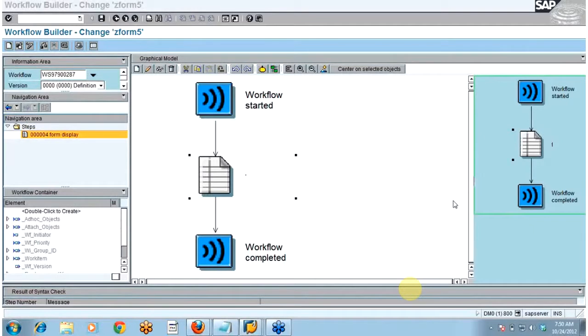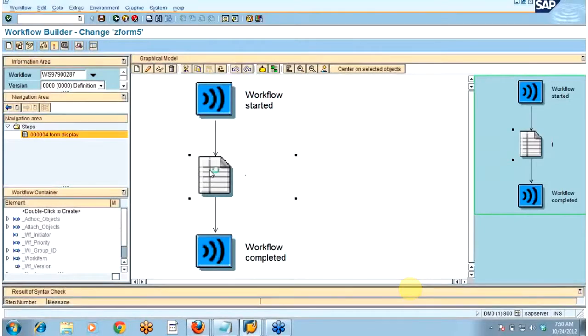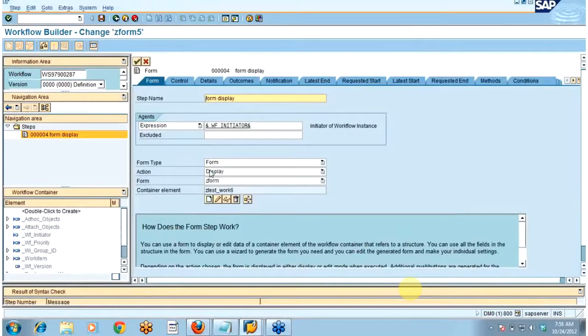Yes, Hitesh? Can we call a standard transaction from this form? Sorry? Yeah, definitely you can do anything. You can call anything in this particular code. Do you know ABAP? Are you familiar with ABAP? Yes. So in this code, PAI PBO, we can call anything.